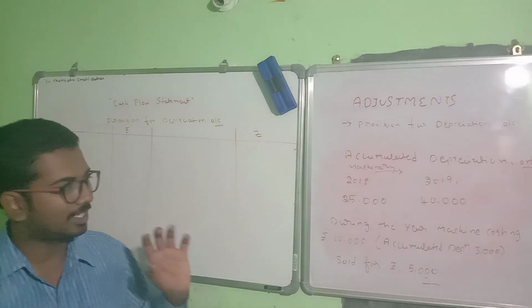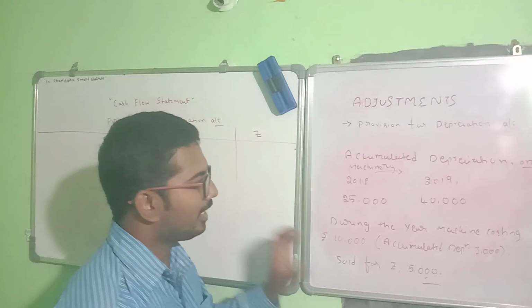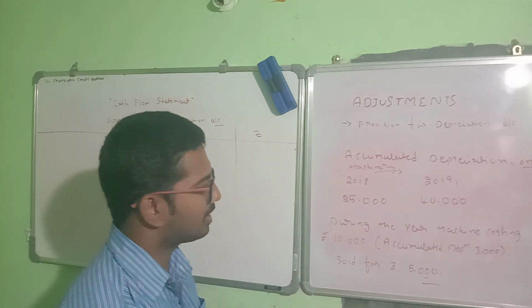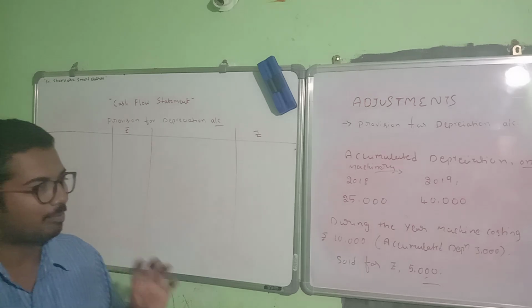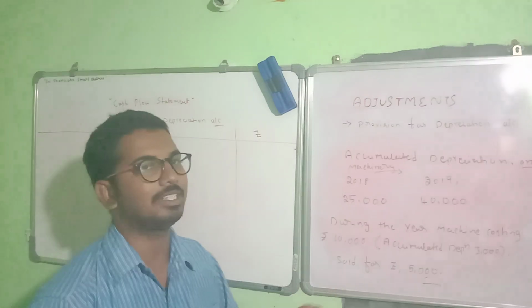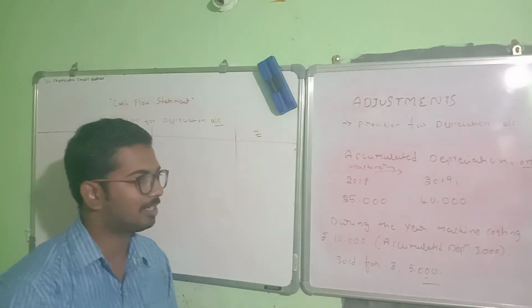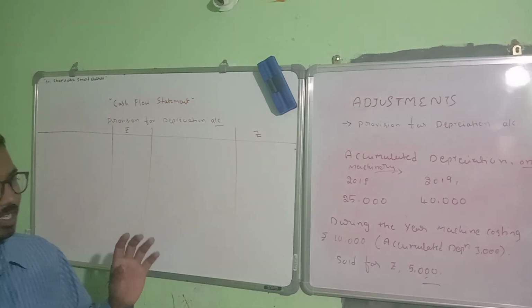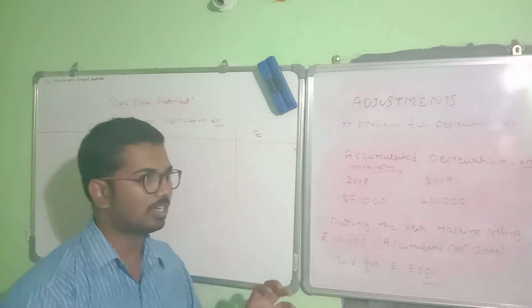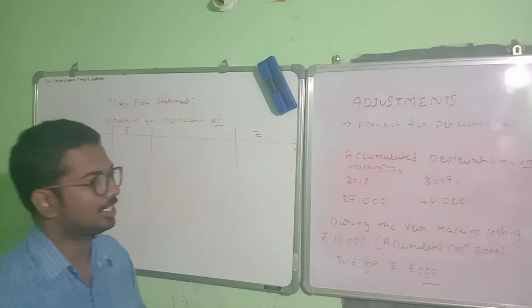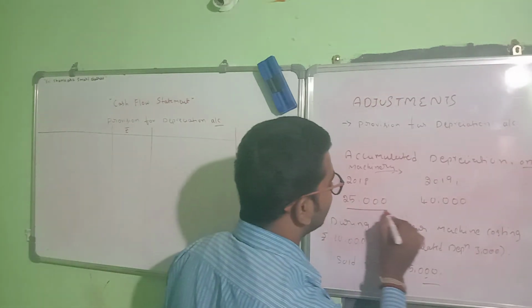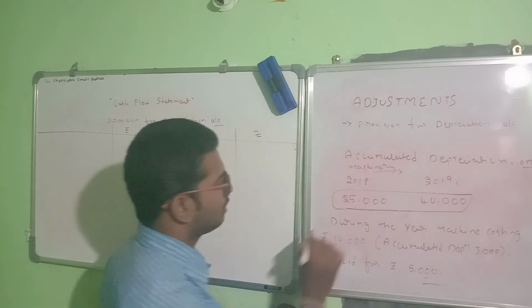and we have to look at the adjustments relating to the provision for depreciation account, and only take into account the depreciation charged on a particular machinery account. In the absence of that information, you should look into how much overall depreciation is charged. Let us see how you draft the provision for depreciation account.